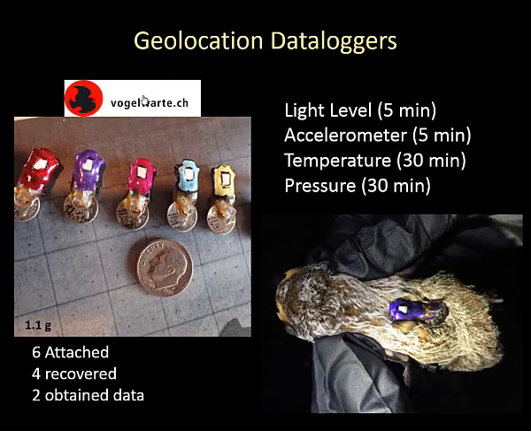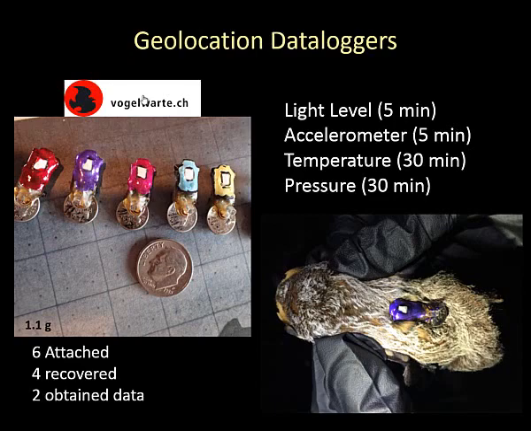We've also had the opportunity to use a few of these geolocation data loggers that we got from the Swiss Ornithological Society. So again, taking a page out of the bird migration study. So geolocators are little tags that you put on. It senses the sunlight, and as you change over many degrees of latitude, the time of day that it becomes sunset and sunrise changes over time. And so at coarse levels, bird biologists have been able to infer migration movements of birds. So we're going to try these on hoary bats.